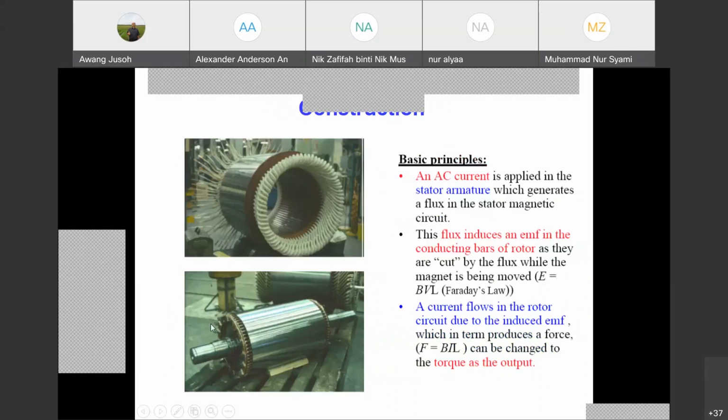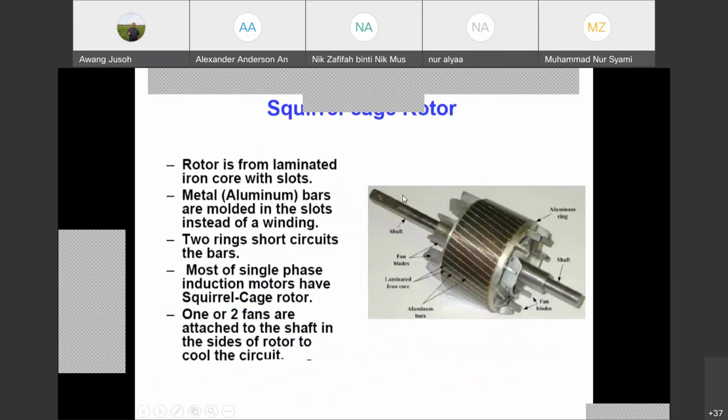Okay, so we have torque now. The motor starts to rotate. This torque is equal to BLI, depending on the flux density and the amount of current and so on. The bigger the current you apply, the bigger the torque produced. That is the concept. And then, the direction of the torque, whether clockwise or anti-clockwise, is determined by the direction of the rotating magnetic field. If the rotating magnetic flux just now rotates clockwise, that means it produces clockwise speed of the machine, like that.